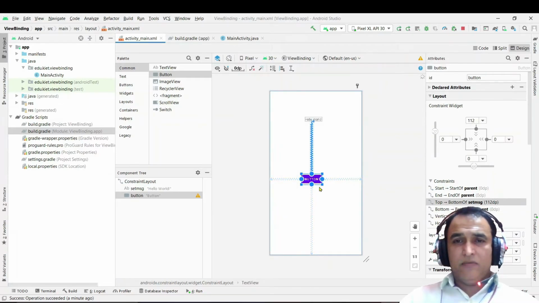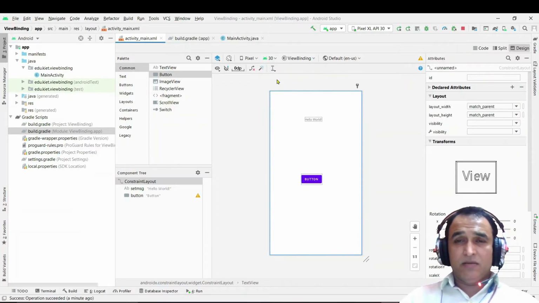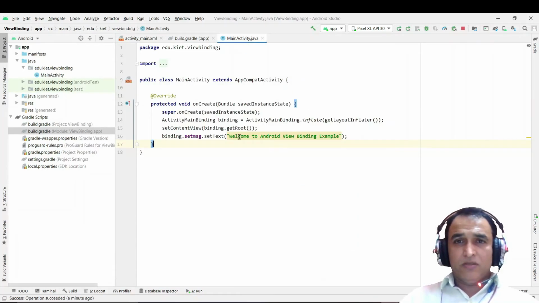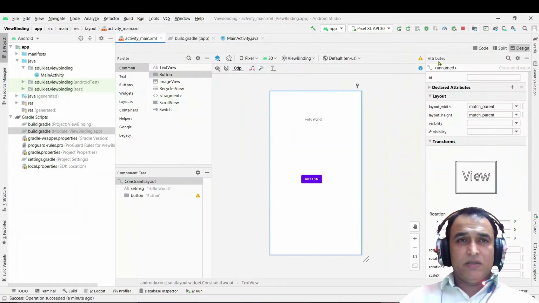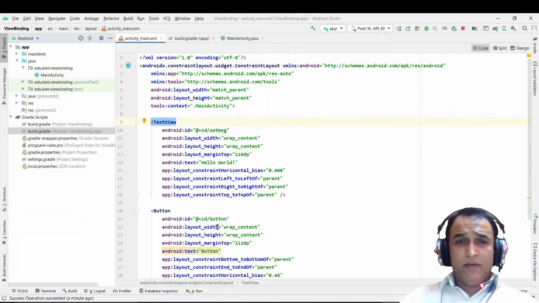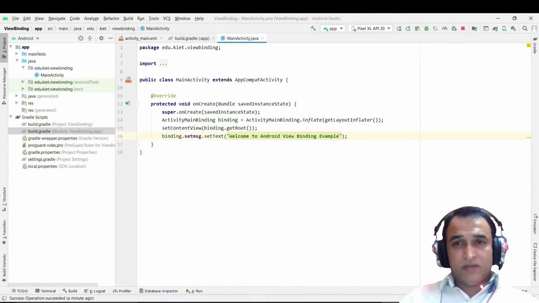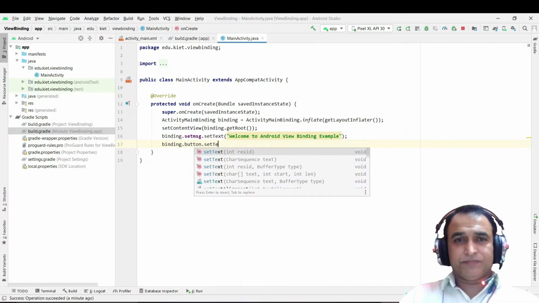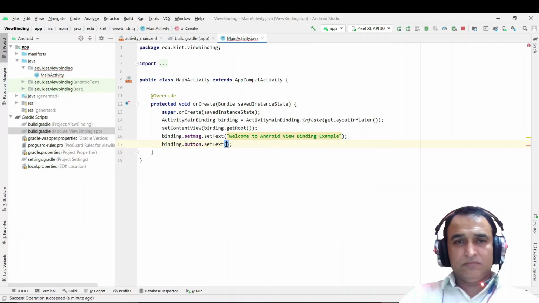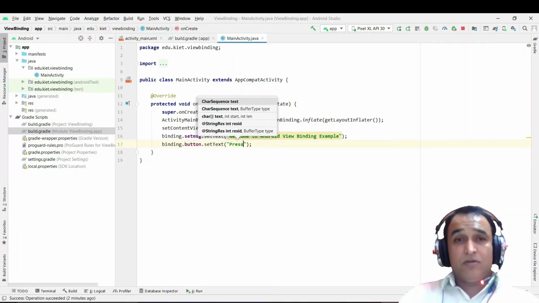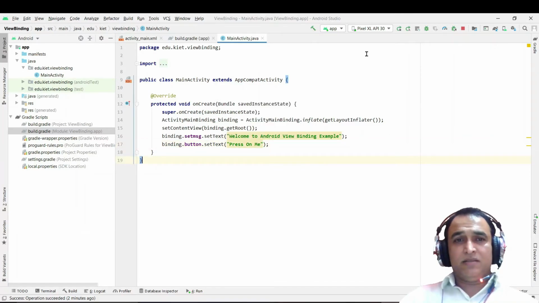And if I want to set the text of this button at runtime, just see what is the ID of this. The ID is button. So I go there and I say binding.button.setText, and here I put press on me like this, and I run it again.